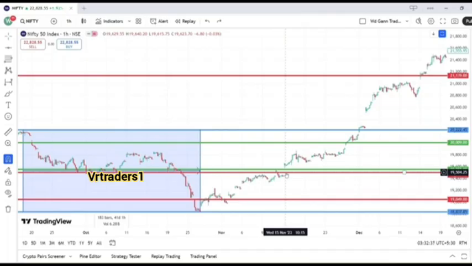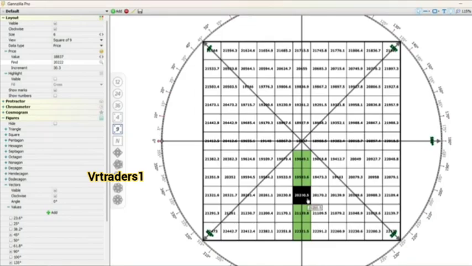We can also take the minor resistances and support levels. So again open the Genzilla application. So for the minor resistances and support levels, we are going to take the levels 90 degree away. We are going to take the levels which are 90 degree far. Here you can see that this circle is of 360 degree. Now it is divided into 8 parts. Means each section is of 45 degree. The distance between each line is of 45 degree. This line is 45 degree away from this line.